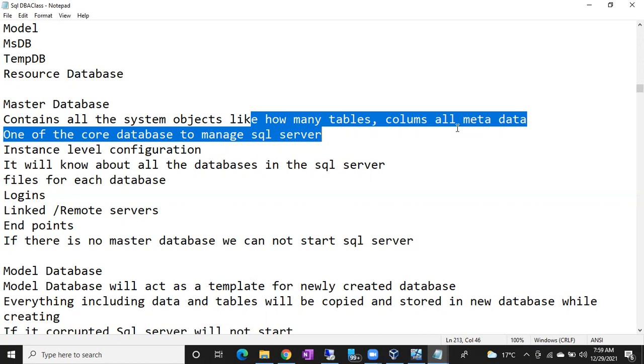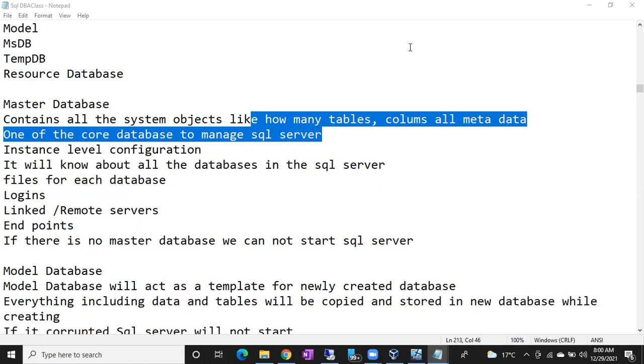Fine. So what is metadata? Metadata means data about the data. If you ask me, sir, what is my metadata? Your height is metadata. Your weight is metadata. Your color is metadata. What describes you is your metadata. In the same way, every object will have metadata.